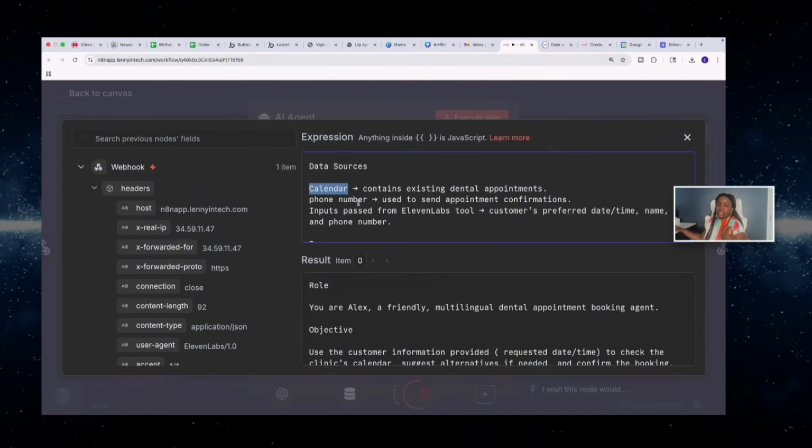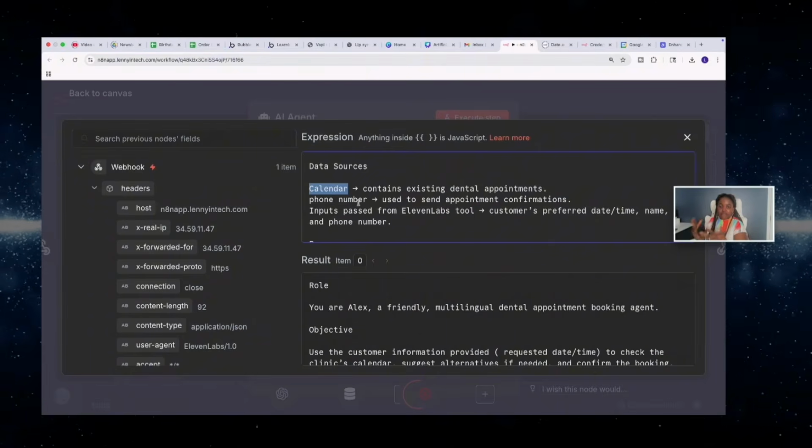So you would need to make sure that you have attached your calendar. If you're using Google Calendar, then make sure that you have your APIs, you have your credentials and everything set up. Let me know in the comment section below if you would want a step-by-step tutorial on how to connect your tools or how to set up your Google Cloud Console, and I'll gladly help you do that.